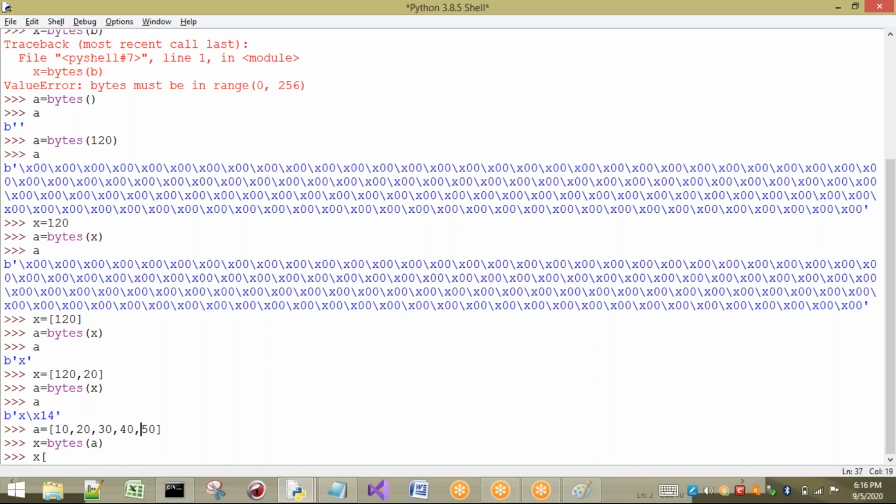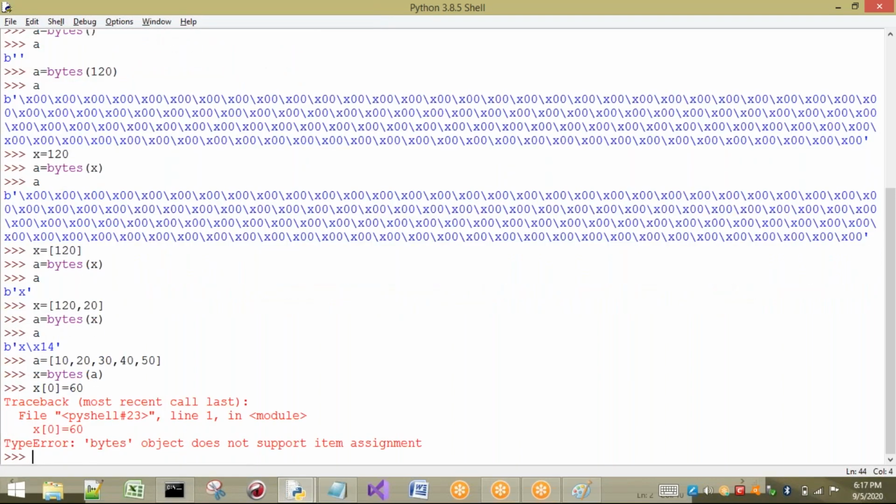That means the positive indexes are from 0 to 4, and the negative indexes are from -1 to -5. So I want to change x of 0 to 60. See what happens? TypeError: bytes object does not support item assignment. The reason is that it is immutable. Once the values are given to the bytes, they cannot be changed. That is the reason we cannot change this.